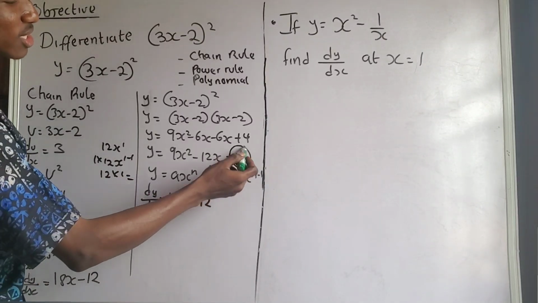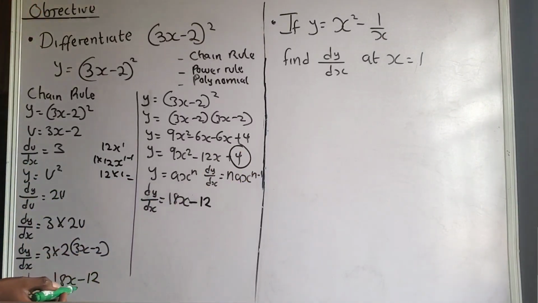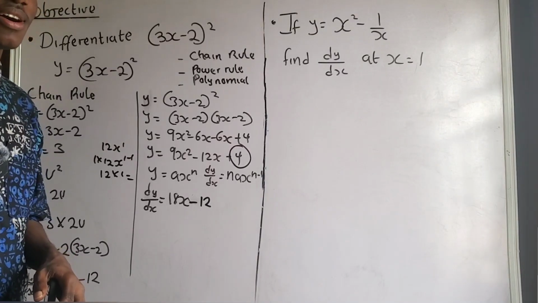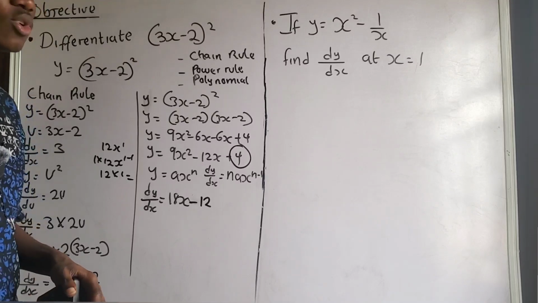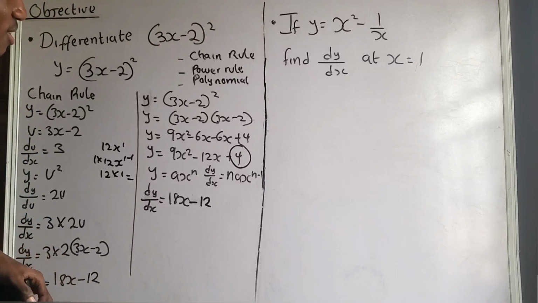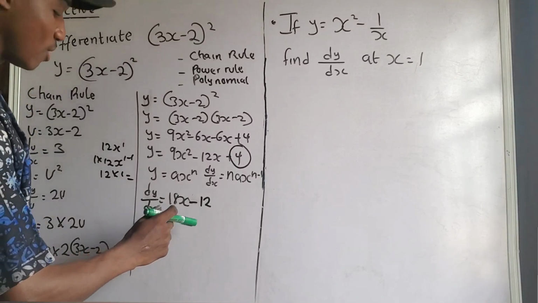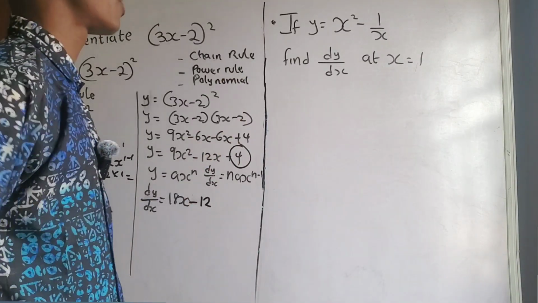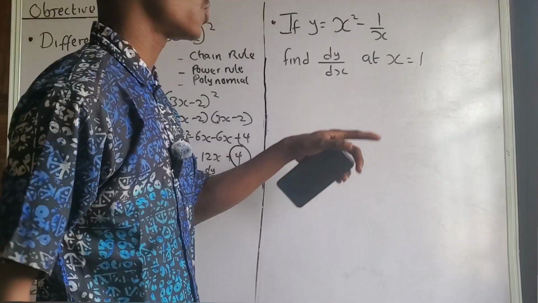If you differentiate a constant, you're going to have 0. Do you understand? That is why every time we integrate, especially for an indefinite integral, you always add constants. You understand? So the final answer is 18x minus 12, just like what we have here. Do you understand? Okay, for the next question, we have y equals x to the power of 2 minus